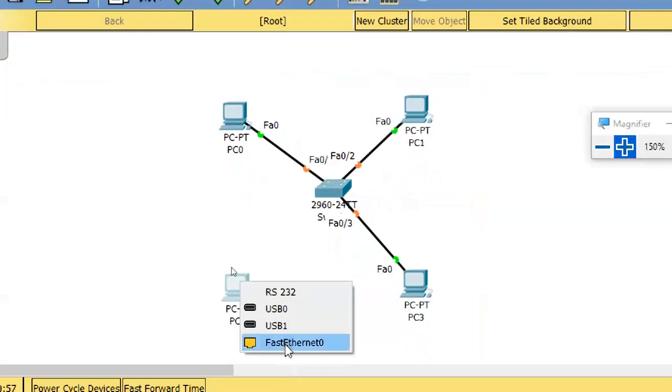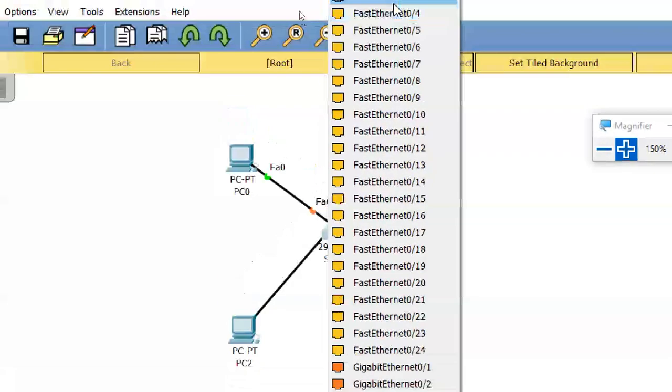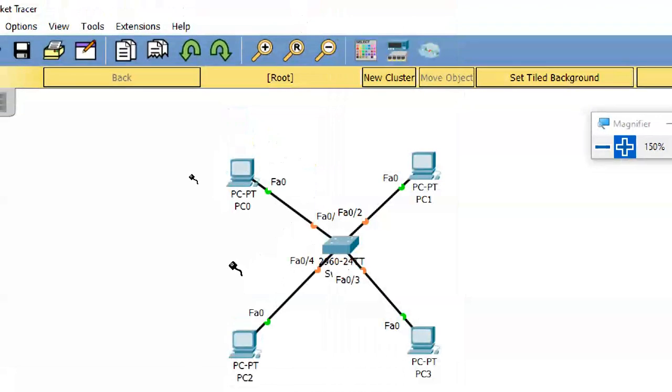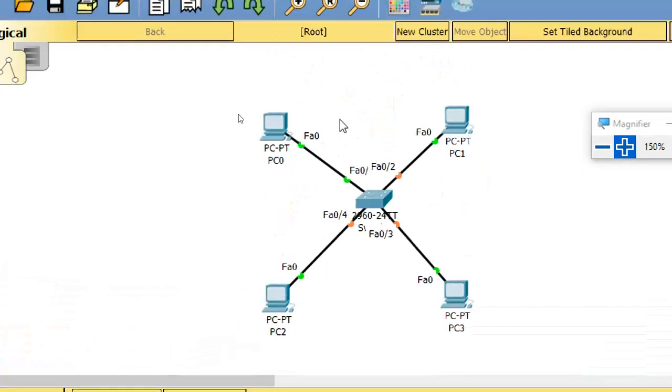If you already know, it is okay. If you don't know, it is also okay. No problem. Now the connection status. When you connect a wire, it tries to check the connection status. That's done.